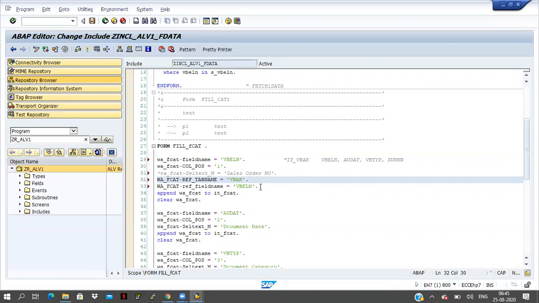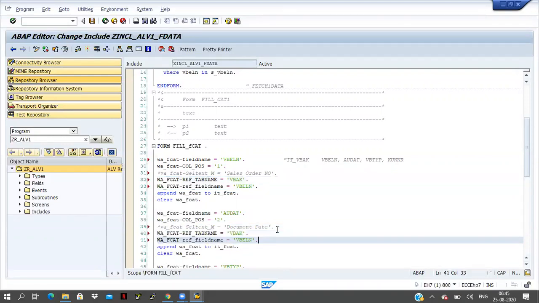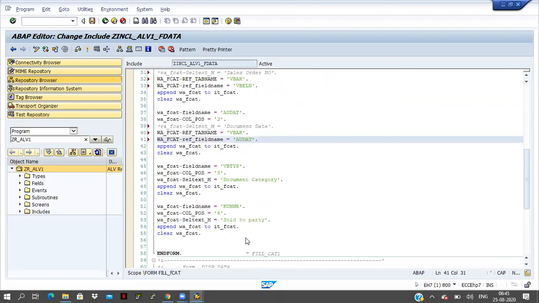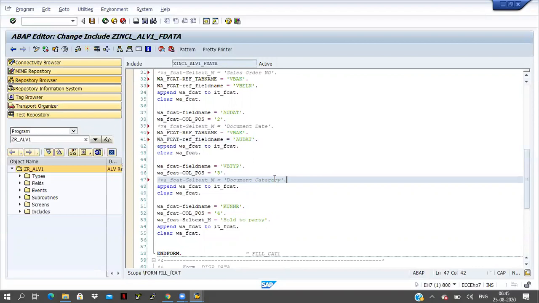Okay, same thing I will copy and paste in all things. This is the AUDAT, right? And document category.